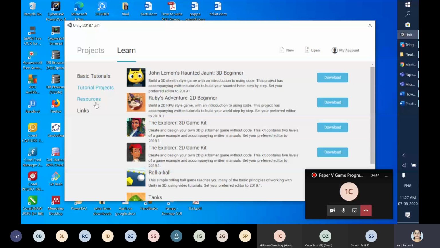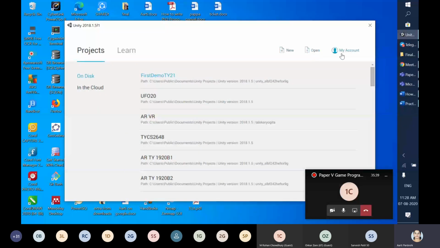I'm going to introduce you to all these concepts. I'm going to tell you how to design and how to do the script part. But thinking from the arts perspective, meaning how artistically you imagine anything, or how good you are at animation, you will be able to make a tremendous amount of nice projects out of this Unity. After the explanation, I will show you two scenes which the students of the first 2018-19 batch created in their final exam, and it was really amazing to see. So these are resources if you need, but otherwise no need to go for this Learn. If you want to, you can go ahead with it.